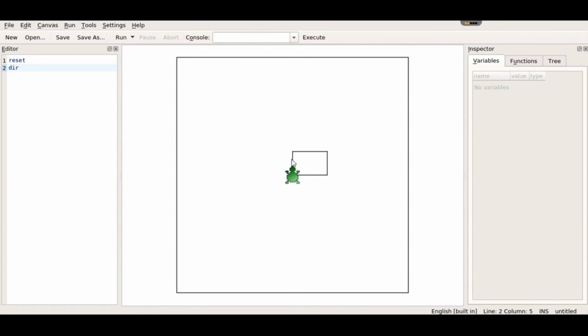So if you're not sure how many degrees the turtle should move, click on Tools and in the menu choose Direction Chooser. The direction chooser dialog will appear. Now do the following. Click on Tools, Direction Chooser.